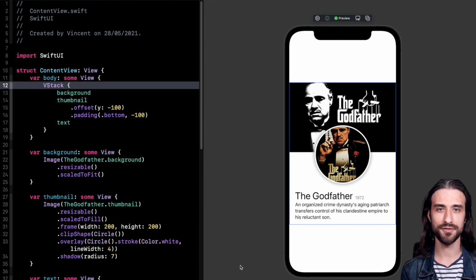And that's all for this first video about SwiftUI. For my first video, I really wanted to take this example on how to display two images, one on top of the other with some content on the bottom, because I think it's a pattern that is actually quite common in iOS apps. And so at some point or another, when you write SwiftUI, you're going to have to implement something that looks like this.